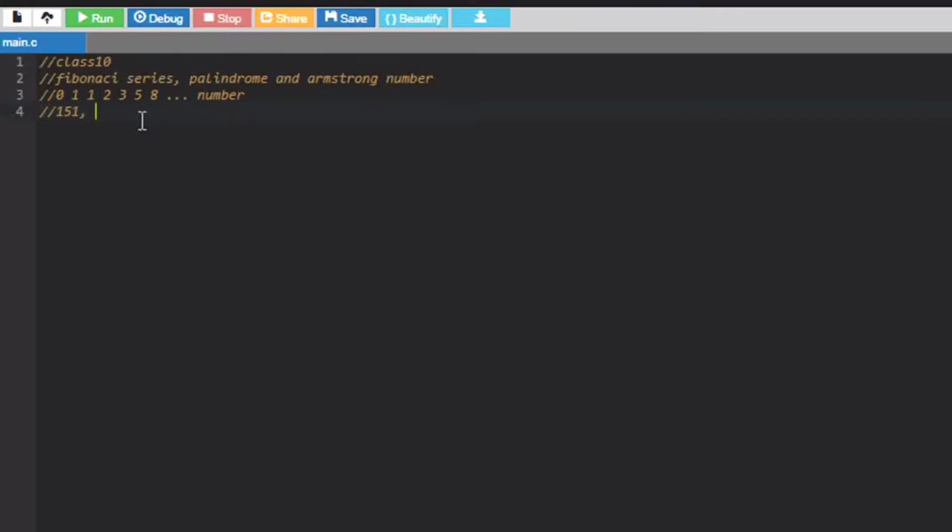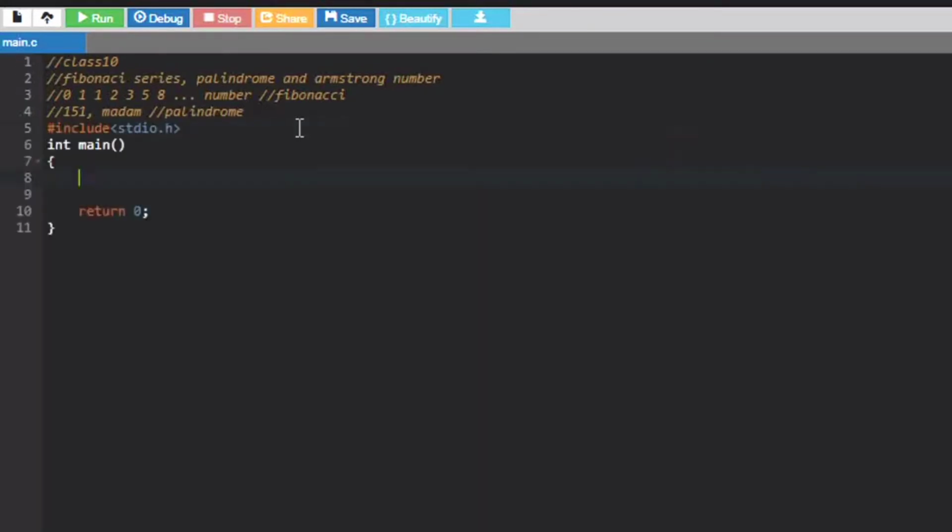If we compare with strings, there is a word called madam. If you read it from left to right, it is still madam, and right to left, it is still madam. Like that. So let's just start with our basic skeleton of the program. Basically, our logic behind this palindrome is going to be, we are going to break this number.